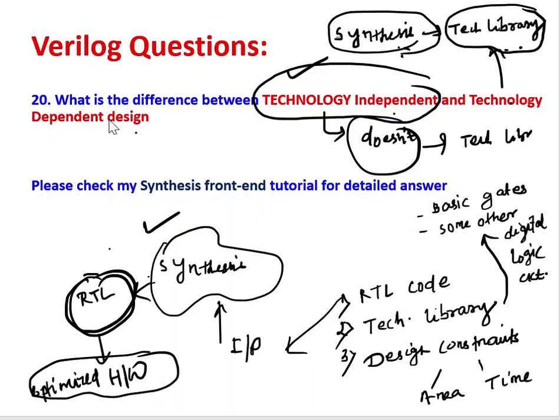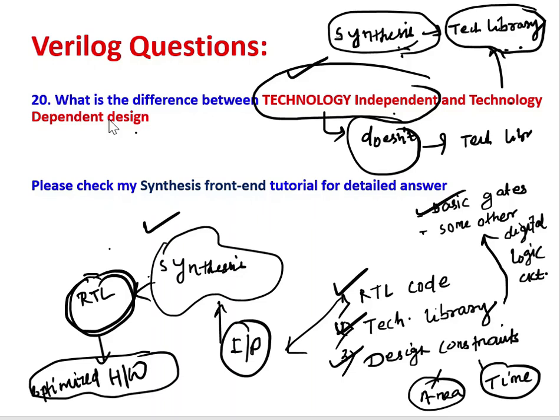Okay, and what are the inputs given to the synthesis tool? The first one is RTL code, the second one is the tech library or technology library, and the third one is design constraints such as area and timing. And what is this technology library? Technology library is a library which includes basic gates and some other digital logic circuits, and this technology library is included in the synthesis tool. It is present in the synthesis tool. Okay,